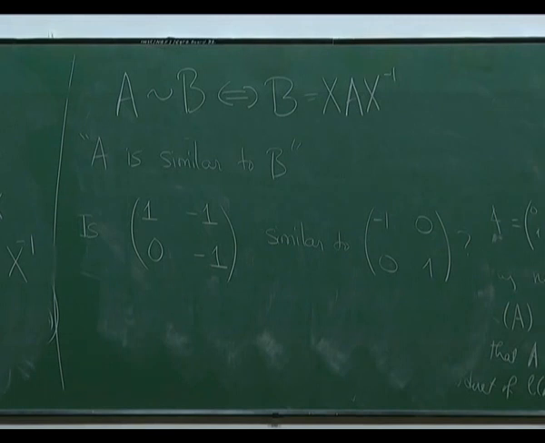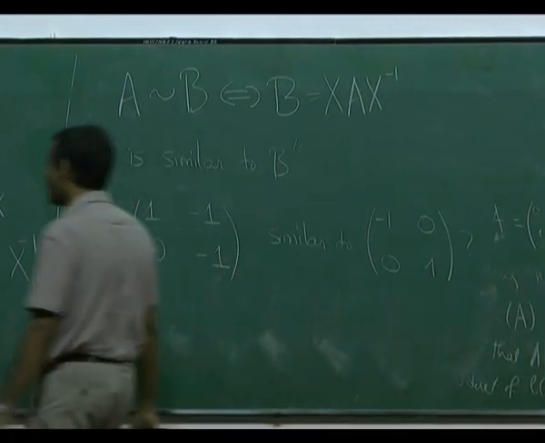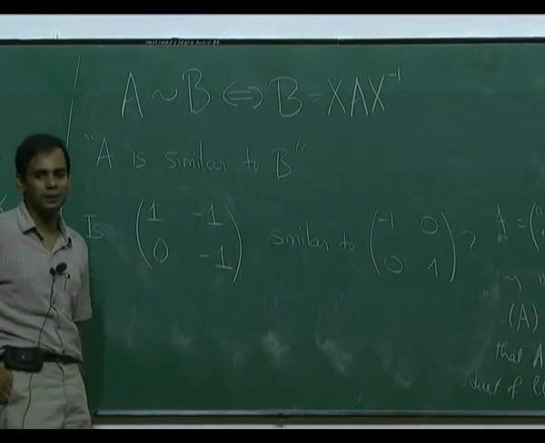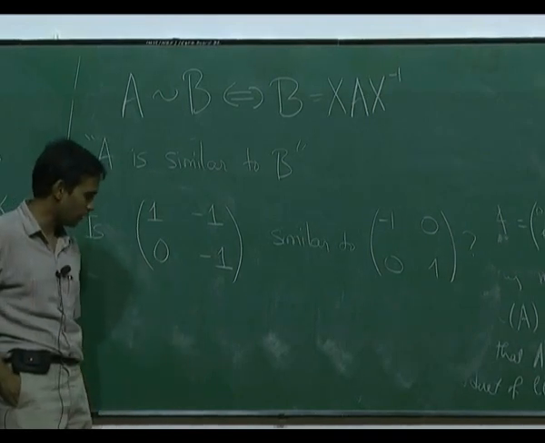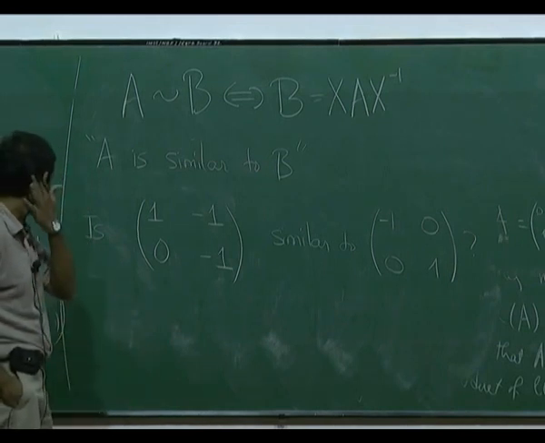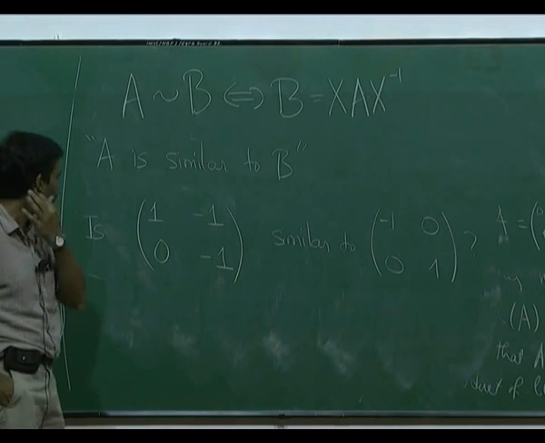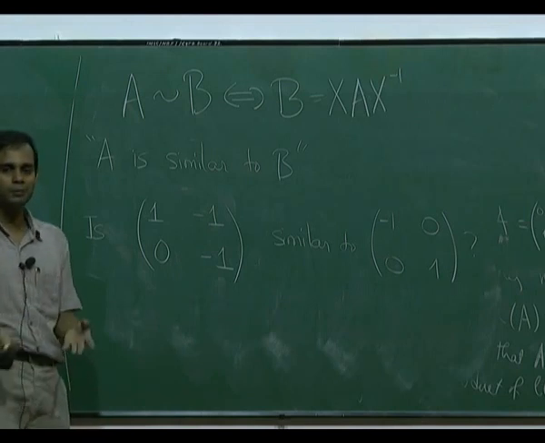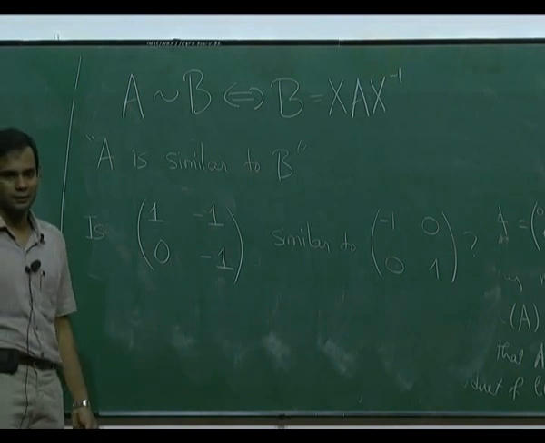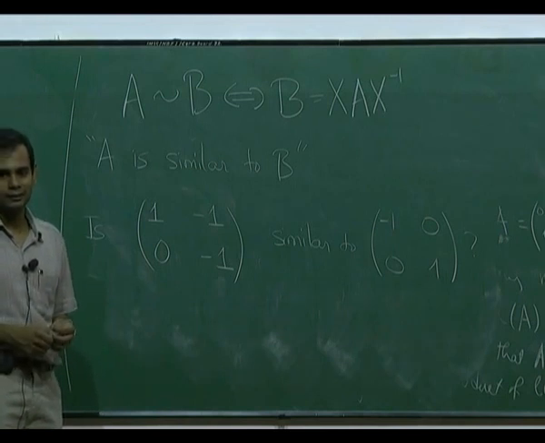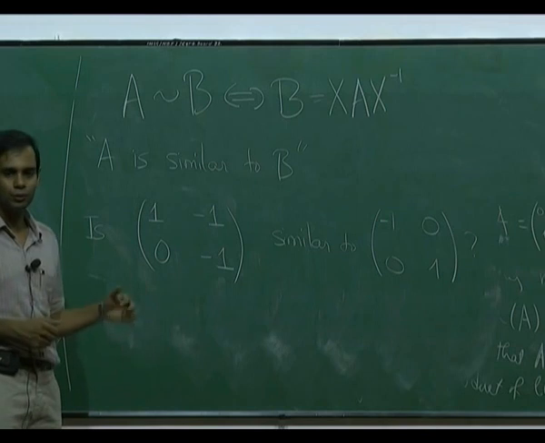And you will also get a description for the number of equivalence classes. In this case, the number will usually be infinite unless you are working over finite fields, which is what I do. But if you are working over real numbers or complex numbers, then the number will be infinite. So more interesting than asking how many equivalence classes are there, we could ask, can you give me a description of all the equivalence classes? Can you give me some parameterizing set for all the equivalence classes? And we will do these things in the next lecture, hopefully.